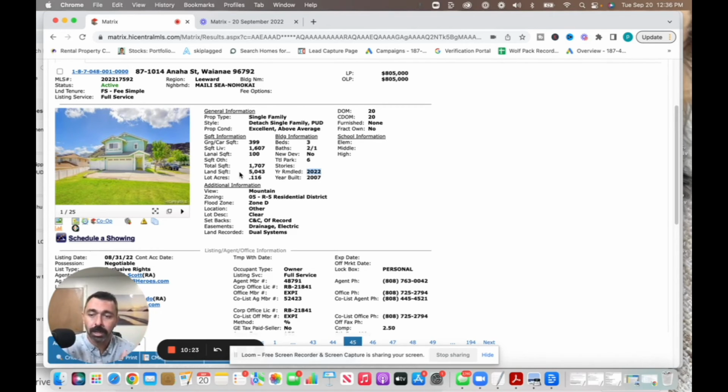Again, on the windward side, going to be hard to find anything in that $1 million range, but most of the time it's going to be single wall construction, usually built in the 40s, 50s, and 60s, maybe renovated. And then if you go to town, you can find some places, but again, it's going to be a little bit older construction. You go to Kapolei Ewa, it's going to be newer construction, and you go to the west side, you're going to find places that are a mix of both, but you're most likely going to get the most bang for your